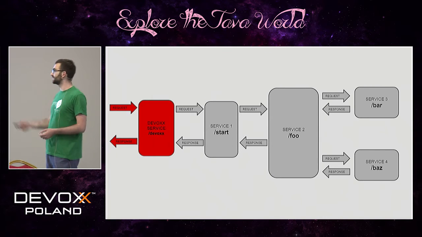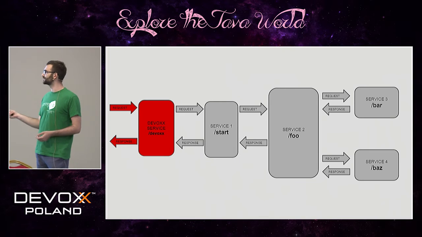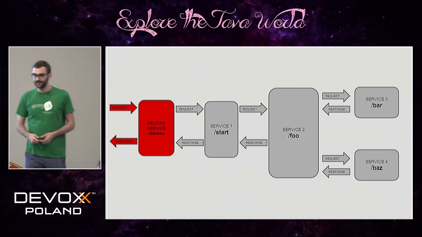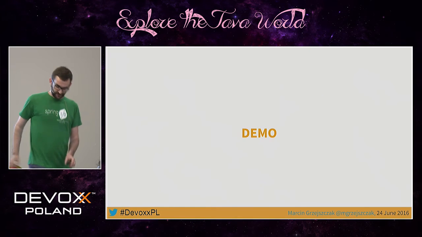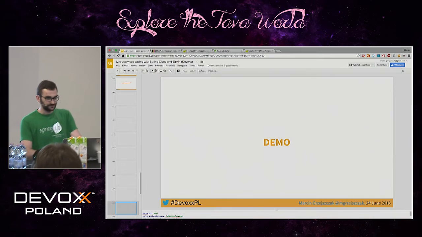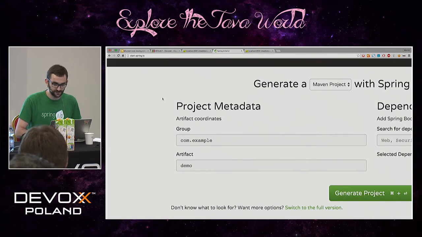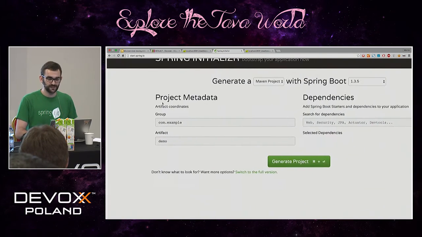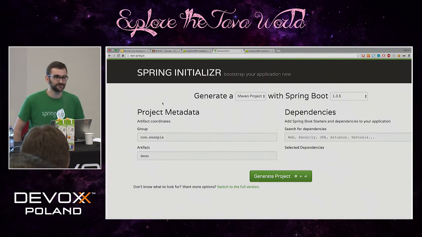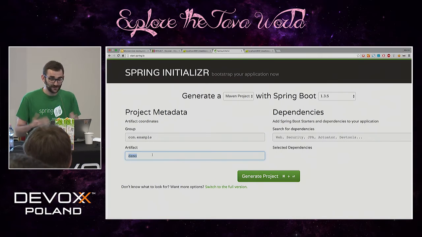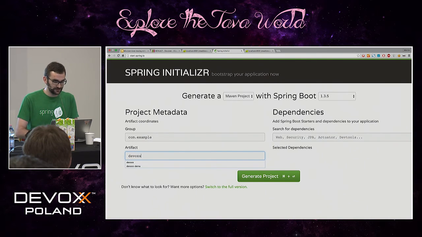OK, so let's do something cool. We're going to write a new service, a Devoxx service. It's a branded service specifically for this conference. So what it's going to do is send the request to the first service, and we're going to track the latency issues in our system. So I'm going to go to the site called start.spring.io. As Josh Long would say, this is the site that you should go to when your children are crying and when you feel alone, or whatever, something like that. So when you're going here, in order to make you feel more happy, you're going to generate a Spring Boot project. So I'm going to do a Devoxx project